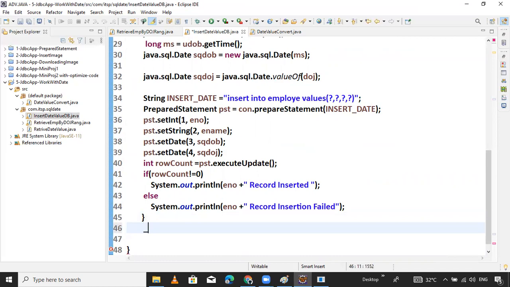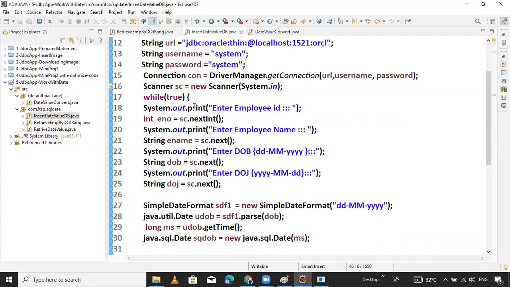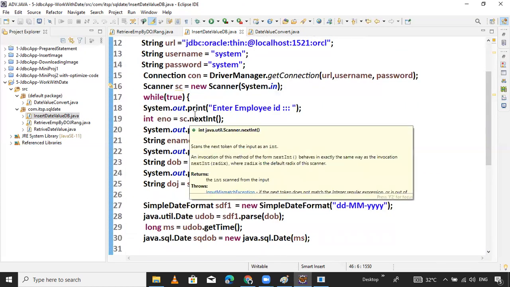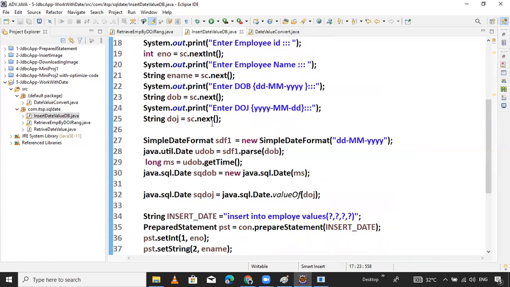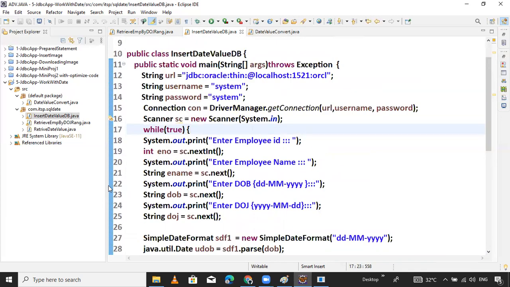Close the while loop here. Now while loop true, the scanner is asking, and again the program will execute. Let's check it out. Control F11.